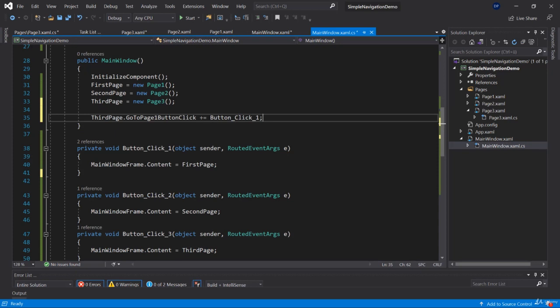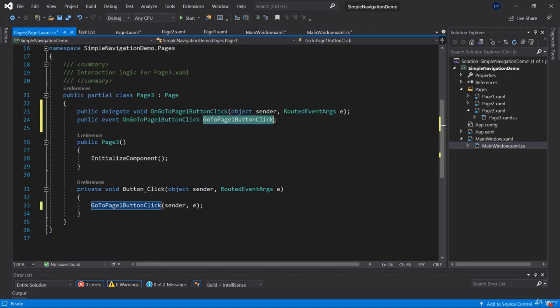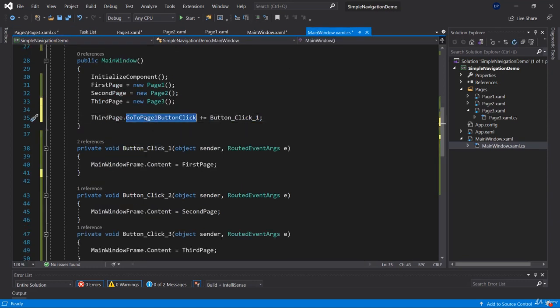So I'm going to say basically that if you execute this GoToPage1ButtonClick, which will be executed once we click on the button inside of our page 3, then this GoToPage1ButtonClick event will be triggered. And this can be assigned multiple events, but we're going to assign